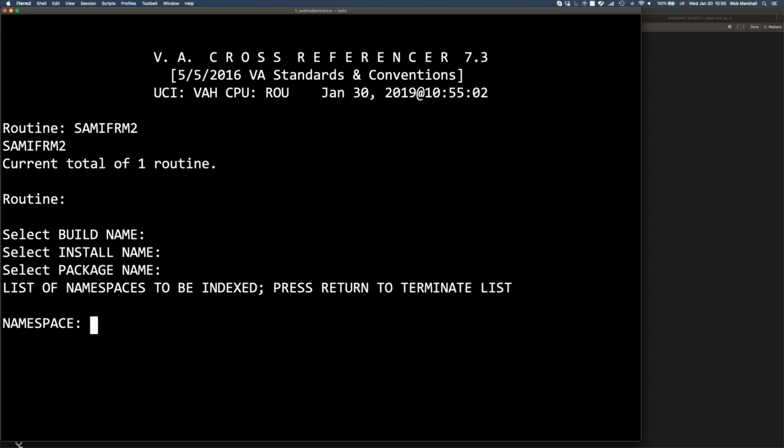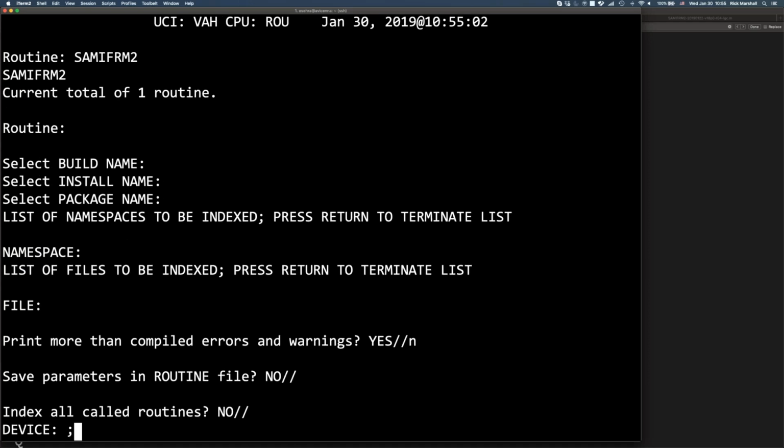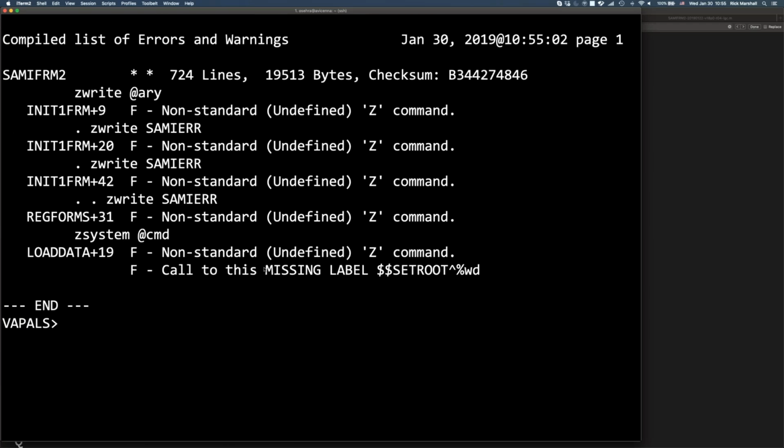If I run XINDEX on SAMI Form 2, and I say, nope, no more than compiled errors and warnings, I say, show me your errors. He's got some problems. There's some things he doesn't like here. And in this version of SAMI Form 2, I want you to look at the count of the bytes. It's at 19,513. I have a version on my laptop where I did some work on this routine, adding some comments, but more importantly, spelling out commands and breaking up some kind of terse structures. And it easily went, as you would expect from something so close to the 20,000 limit, it easily went over